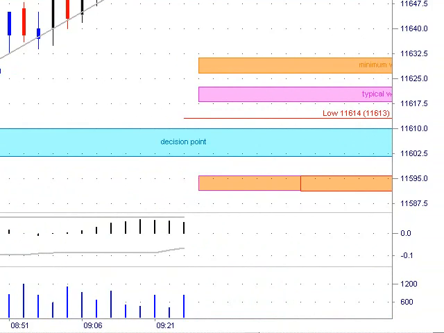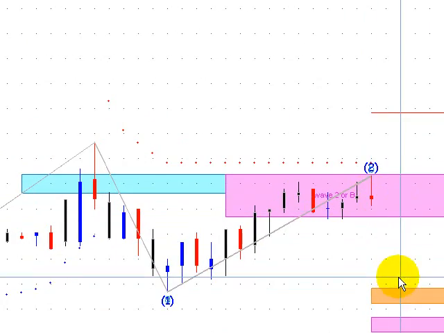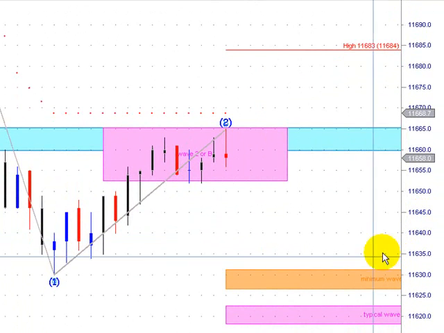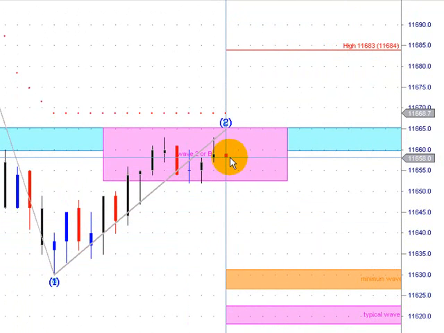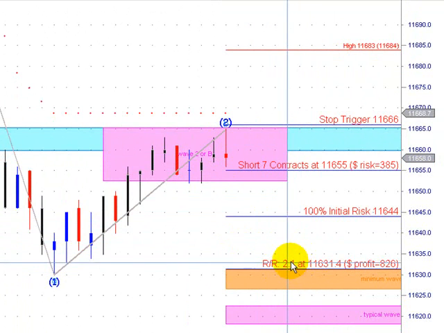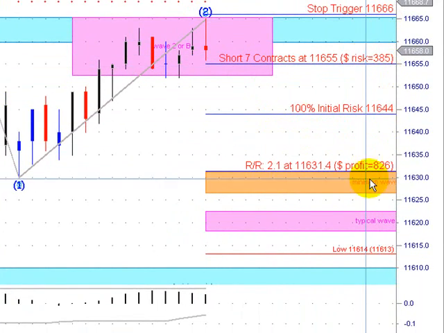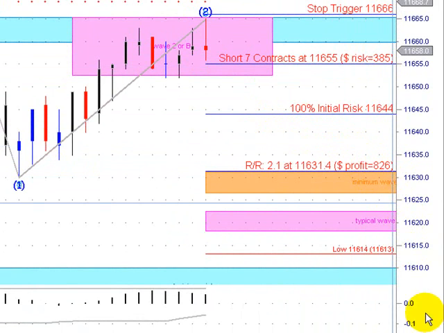and in fact we got our red reversal bar here, potential wave 2 or B. So we have to make sure that we get enough risk reward in here if we're going to short to the minimum wave C target there. If I enter a tick below here with a stop a tick above, and we had at least a 2 to 1 at the target there, so we're going to risk about 385 to potentially make 800, and the market did